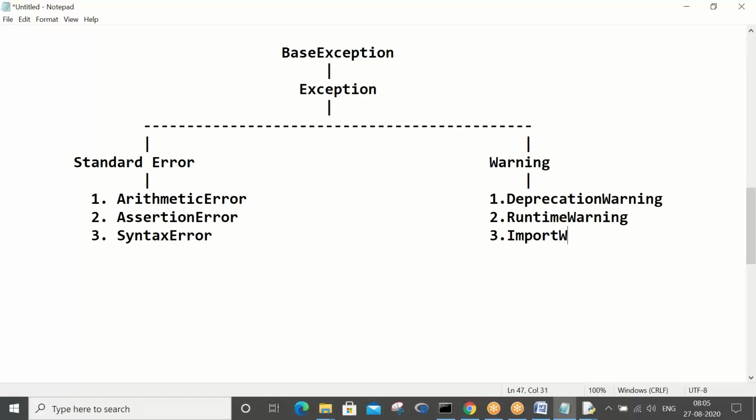Import warning. Warnings you don't have to bother about. It's just alerting you that this may not work, something like that. But you have to really focus on standard errors: end of file error, import error.